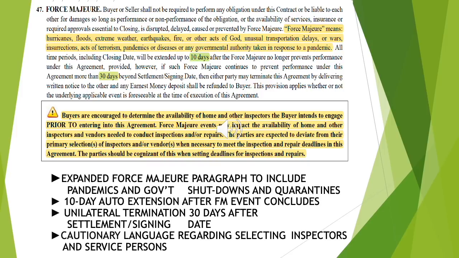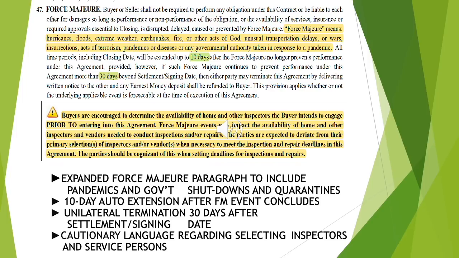We have a COVID addendum that addresses some of the issues that COVID has brought up, whether it be government shutdowns or quarantines or these kinds of things. But the force majeure paragraphs in most contracts have really been lacking to address this particular issue. So we revisited that and we beefed this up, and we did define force majeure to include things like pandemics and government shutdowns and quarantines and unusual transportation delays and things that may come as a result of